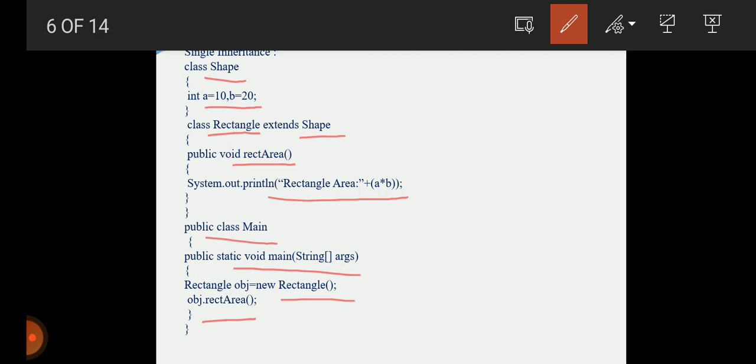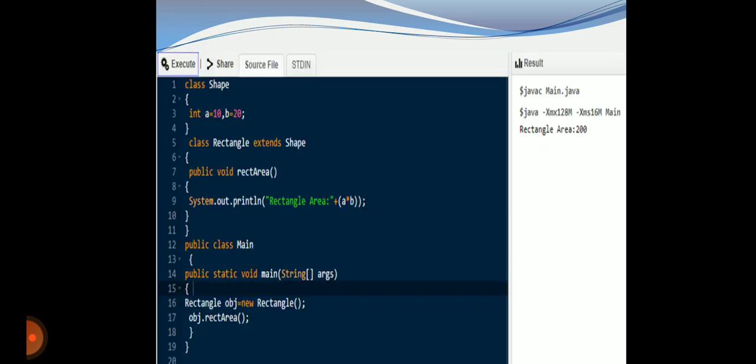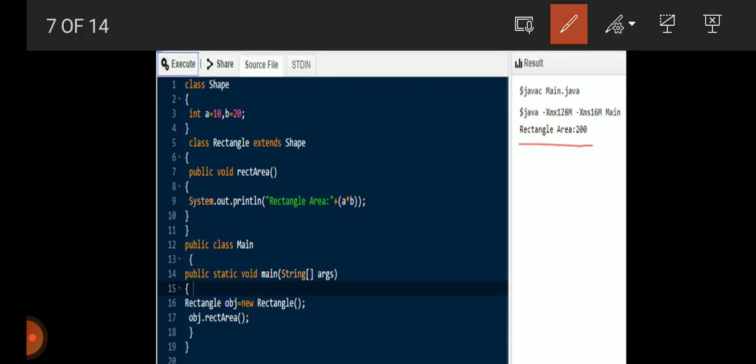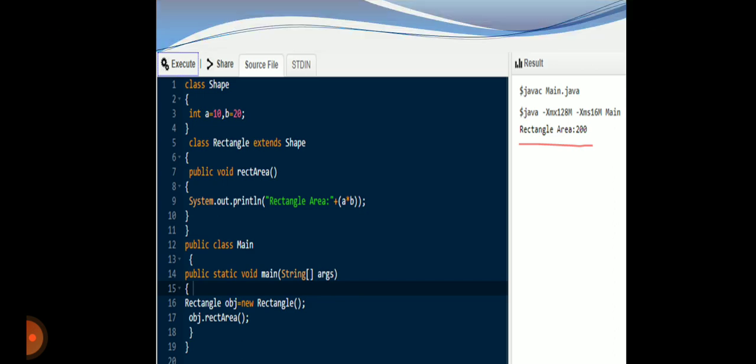Now let us see the program execution. The program is executed and we have got the output: rectangle area equal to 200. So this is all about the concept of single inheritance.